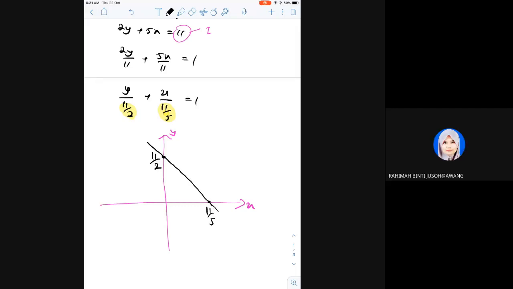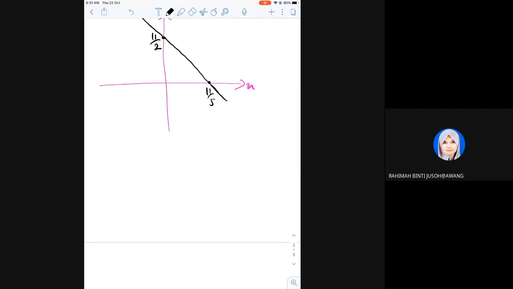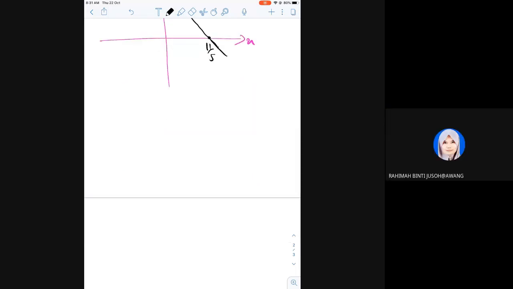Okay, you can make it longer, like this. So that's the line of 2y plus 5x equals to 11. Understand? Okay, so next, if I give you a second example,